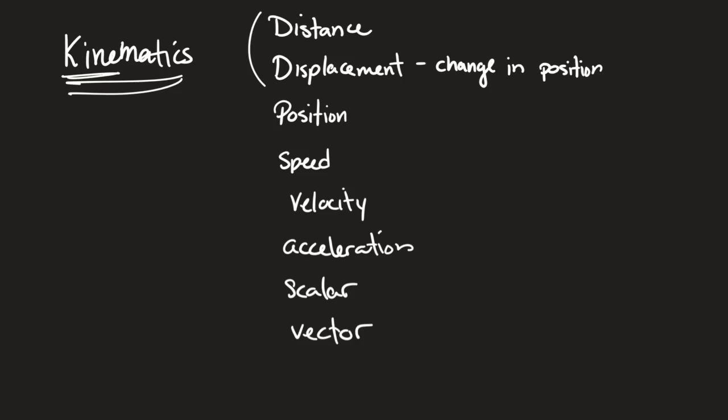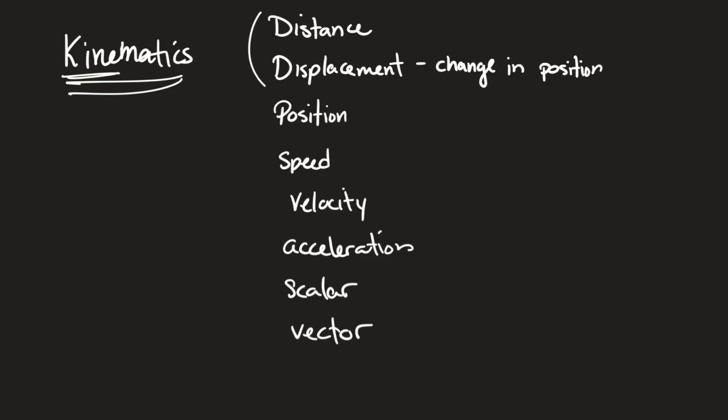Distance is the entire length of the path you took. If we're talking about comparing this evening to this morning, it's the entire trip you took from the moment you left your bed to the moment you returned. Even if you retraced your steps, you're always adding. It's like the step counter on your watch or the odometer in your car. You're always adding numbers to your distance. It is the absolute path length the object takes from its initial position to its final position. That's its technical definition.